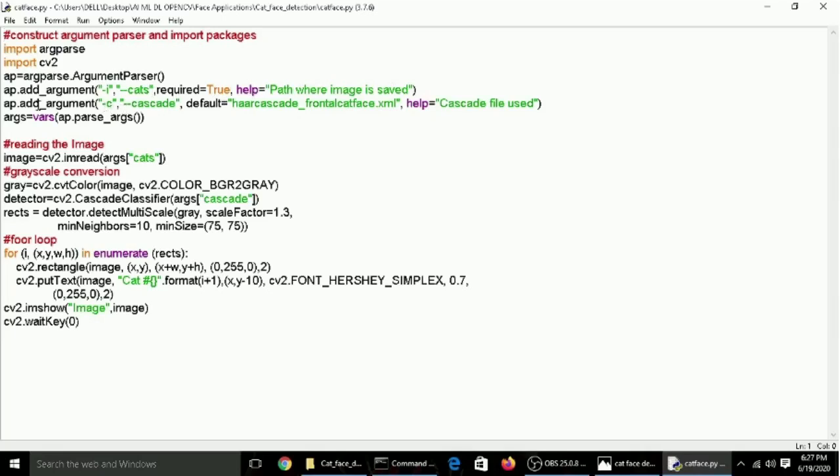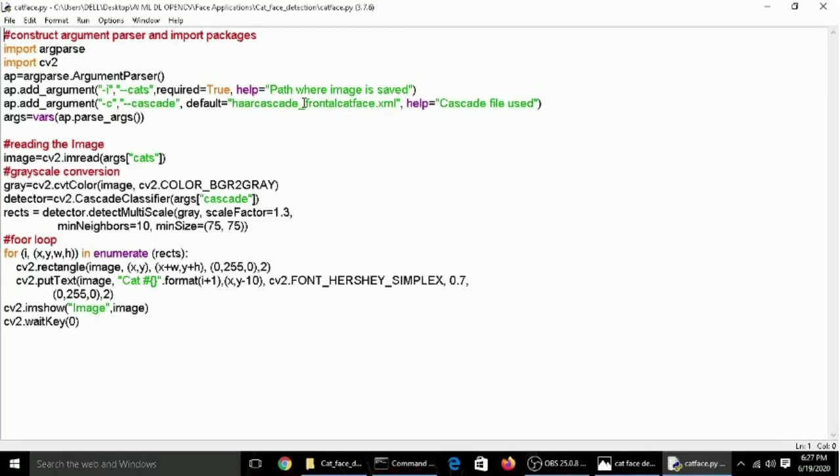The second argument which we are going to pass is the cascade file. So I have used here --cascade. Now, like in the previous one we had required, here we have default. You can have required here also, but during execution you would need to pass the cascade. But since the cascade file path is very long, we will keep the cascade as default.